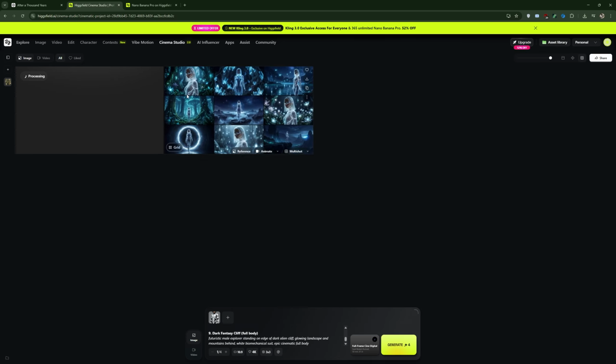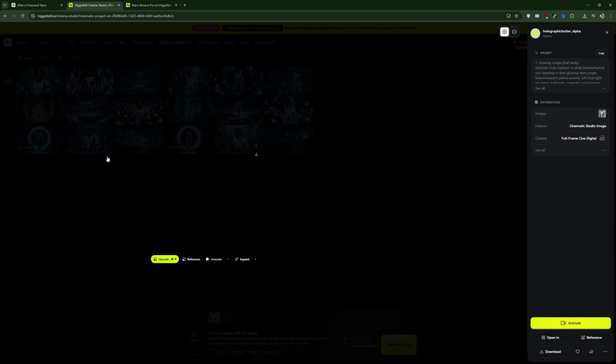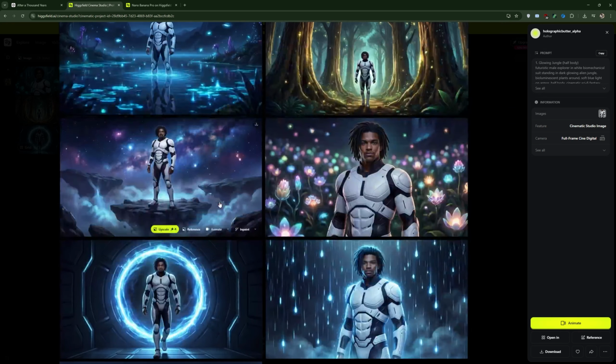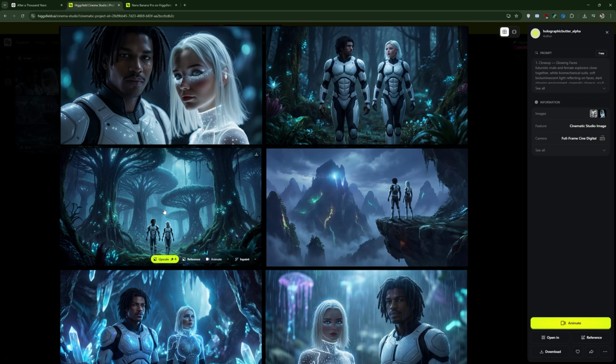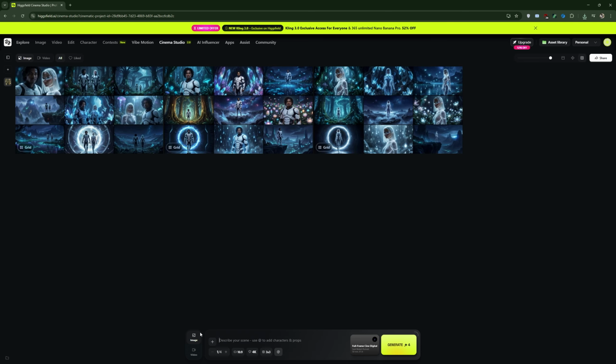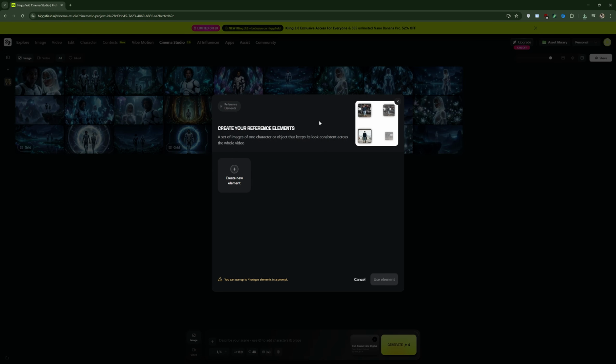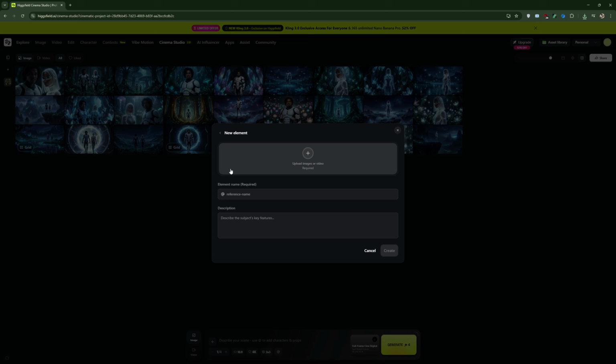Click on Generate. You will see the amazing result for your storyboard. You will see how amazing this is looking. Everything is really good. Now let's create both couple characters. So if you want to add your character, you can click on this Add button and here you will see the dashboard. Click on Create a new character, upload multiple images of your character,